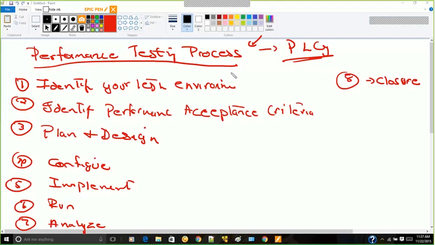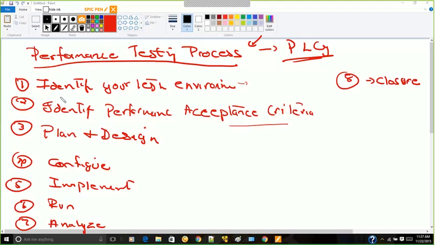First, you identify the environment. Second, you identify the performance acceptance criteria. Third is plan and design, then configure, implement, run, analyze, and closure. So let's quickly see this and wind up for today. What is